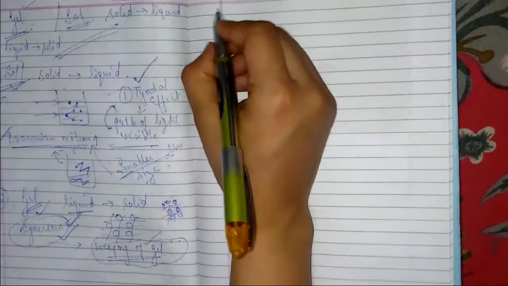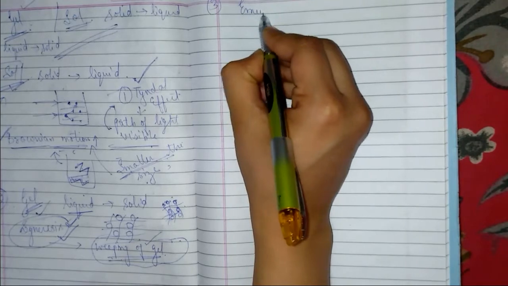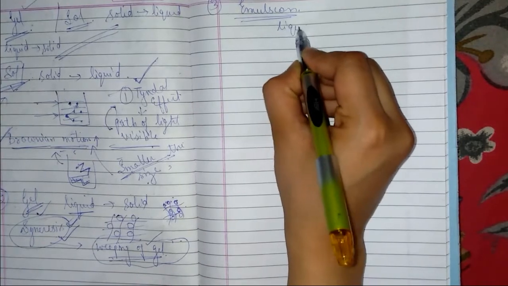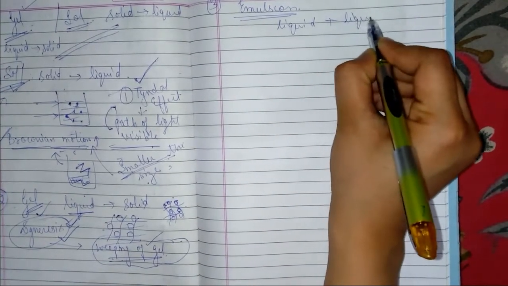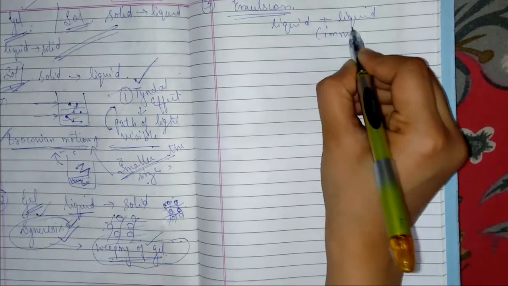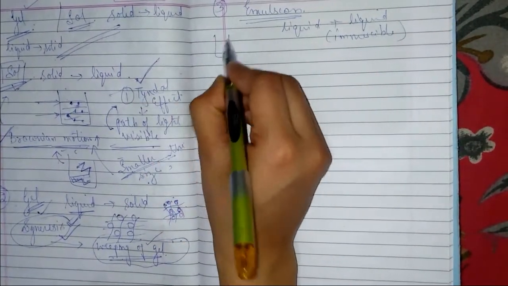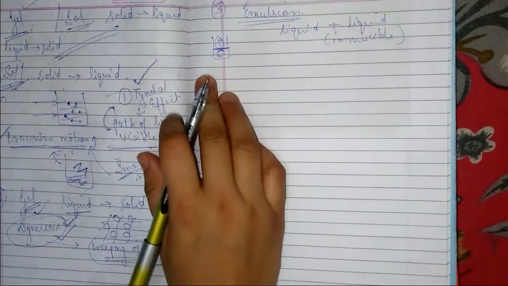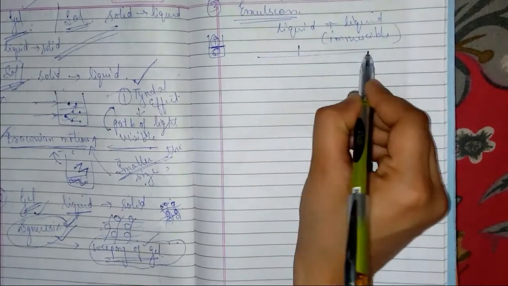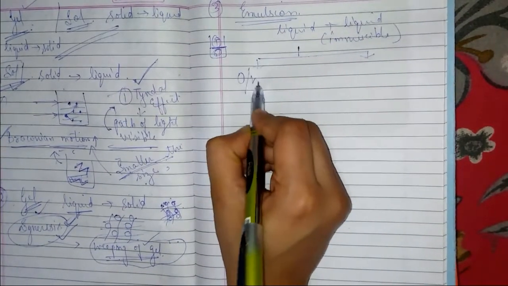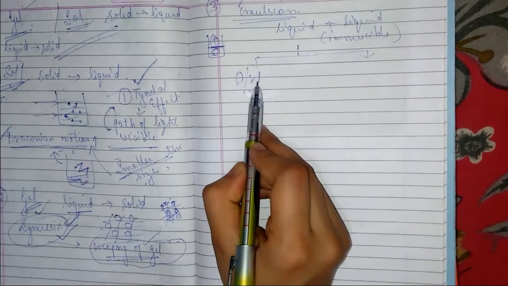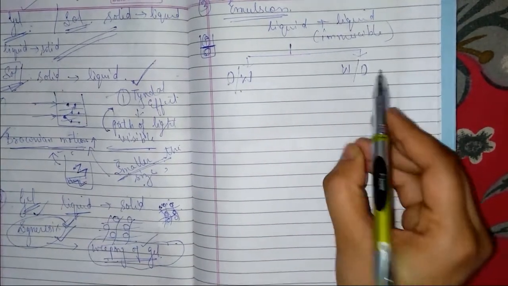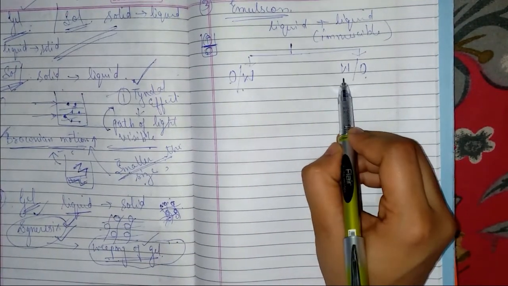After that, the third colloidal mixture is emulsion. Previously I discussed that emulsion means liquid in liquid. Both are immiscible, they will not dissolve properly, they will form two layers, and those layers can be easily visible. On the basis of this, the emulsion can be classified into two parts. One is oil in water. This is how we represent oil in water, meaning water is in large quantity, oil is in lesser quantity. The other one is water in oil. Oil is in larger quantity and water is in lesser quantity.